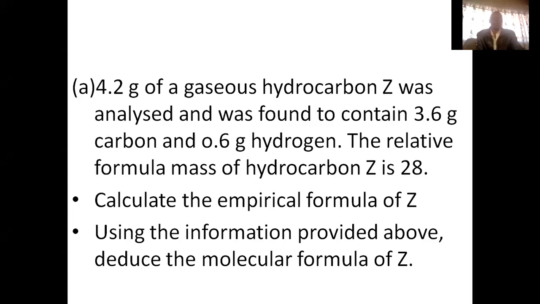The first part of the question goes as follows. 4.2 grams of gaseous hydrocarbon Z was analyzed and was found to contain 3.6 grams carbon and 0.6 grams hydrogen. The relative formula mass of the hydrocarbon Z is 28. Calculate the empirical formula of Z. So for us to calculate the empirical formula,